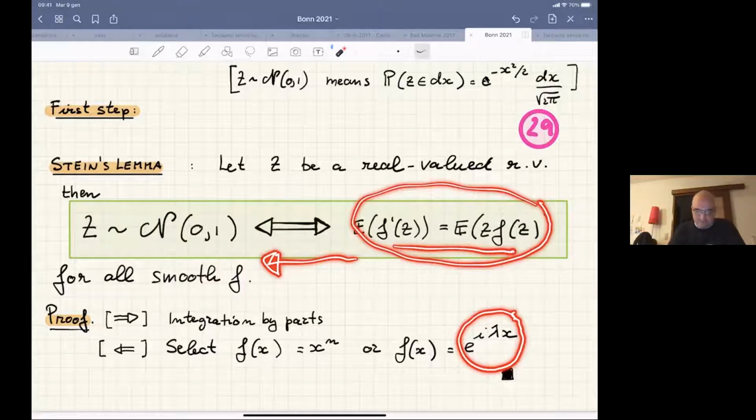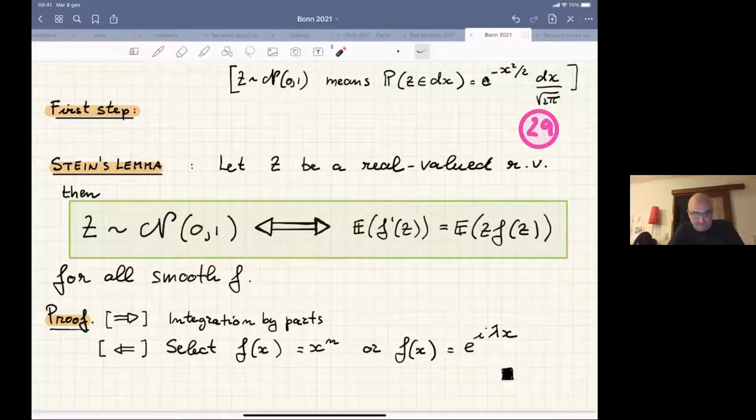Okay, so these are two possible elementary ways to prove this result. So this is a characterization of the Gaussian distribution. A few remarks. This, of course, is not the only characterization of the Gaussian distribution in terms of derivatives or differential relations of this type. And on the other hand, if you